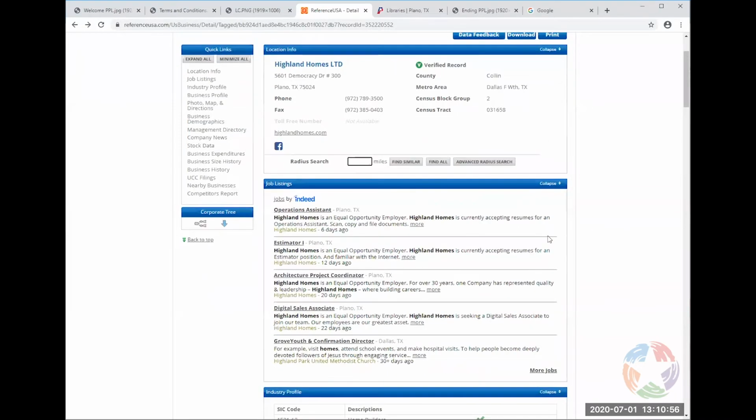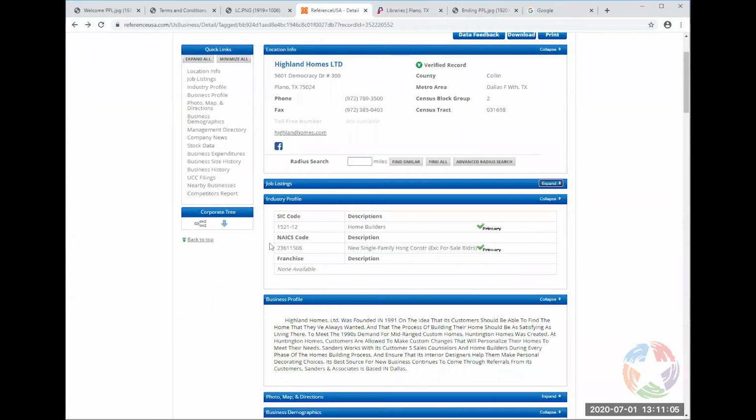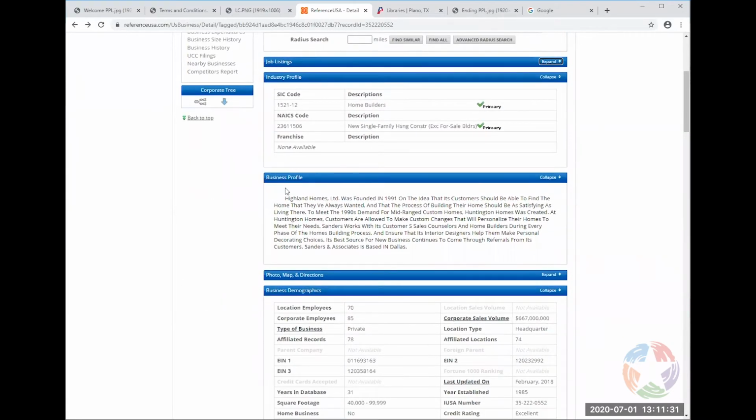And then we're going to come down. We're not looking for job listings in this class because this is about how to build your business, so we're just going to collapse that here. Next, the section is industry profile. You probably already know about SIC codes and NAICS codes. If you don't, that is basically a government designation of what your business does. If you're paying taxes, you've had to pick out which SIC codes fit your business. So that's what this is. This is a business profile. It gives you a general idea. If you're looking at the company, you probably already know this, so we're just going to collapse that.